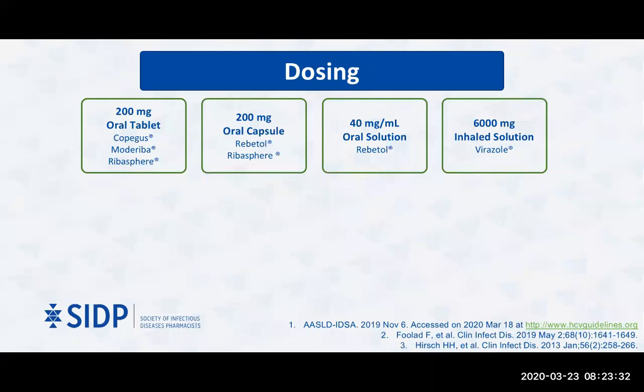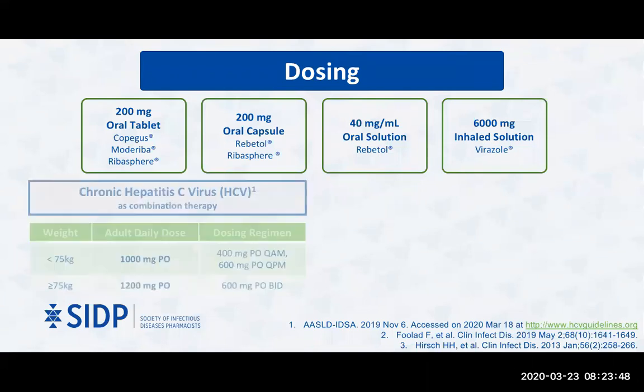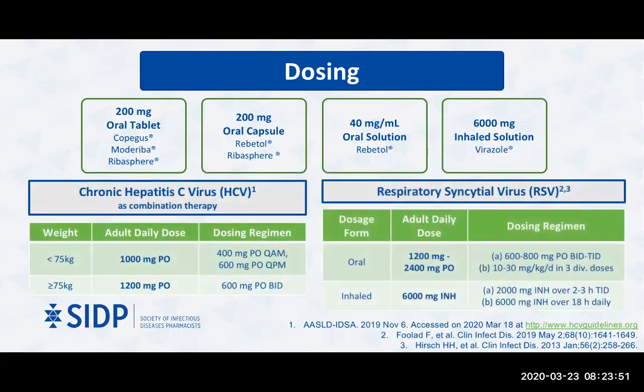Here you can see the different dosage forms of ribavirin available on the United States market currently. The majority of these come in oral form, tablets, capsules, or solution, but then you also have an inhaled solution as well. Dosing for ribavirin most commonly is going to be done for either chronic hepatitis C infection or respiratory syncytial virus infection. And what you'll notice here with the wide variety of either weight-based dosing that we do for chronic hep C in combination with things like direct acting antivirals, or for respiratory syncytial virus, which is often done